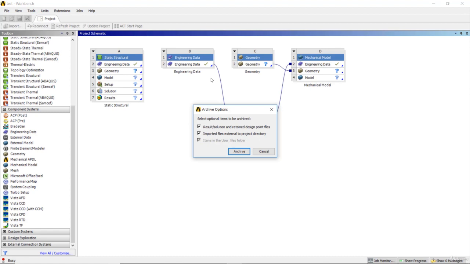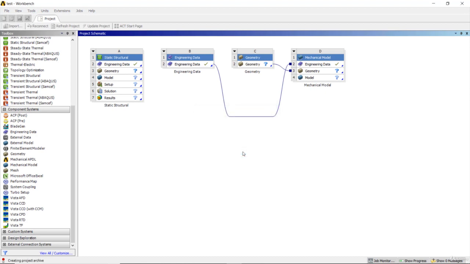Sometimes there will be a very large project where, if you save all these results and solution files, you will get a very large file. Rather than that, you can create simple graphs and other things and send them over the internet. In that case, you need not select this option. Coming to the next option, inside ANSYS Workbench, sometimes we need to import different geometries and other files from external directories. It is asking us whether to copy those files into this archive or not, and we can press Yes and then Archive.